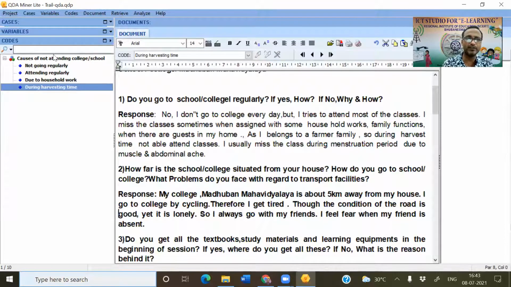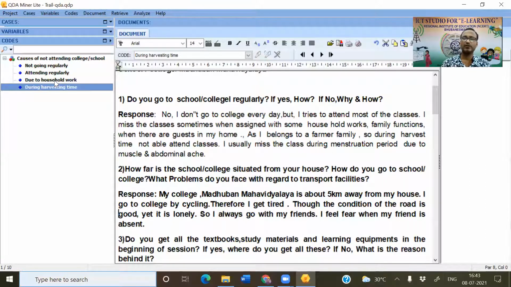Here I have only given the category and coding names. I have not coded the data. I have just created a code book. I can say this is a kind of code book. I have created a code, but I have not started working with the data. Now let me start working with the data by coding.